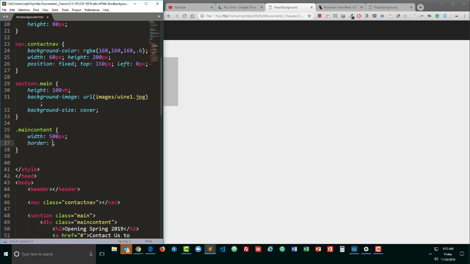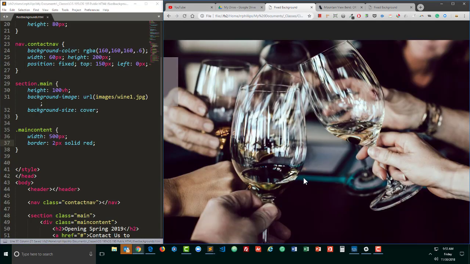And temporarily, so we can see it, I'm going to put a border on it. And if I refresh this on my page, we'll start to see definitely there's the background image. Now I can't see my main content even though I've set a width. I should have some kind of, I'll put a min height just once again short term so we can visualize it. And so we can see where that main content is floating up there in the top left corner,